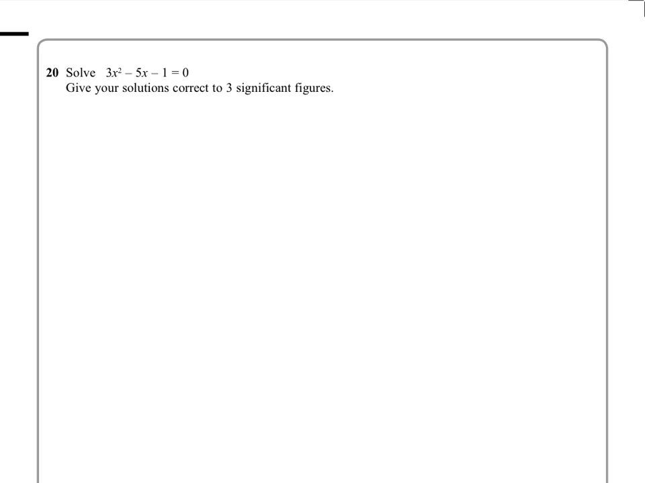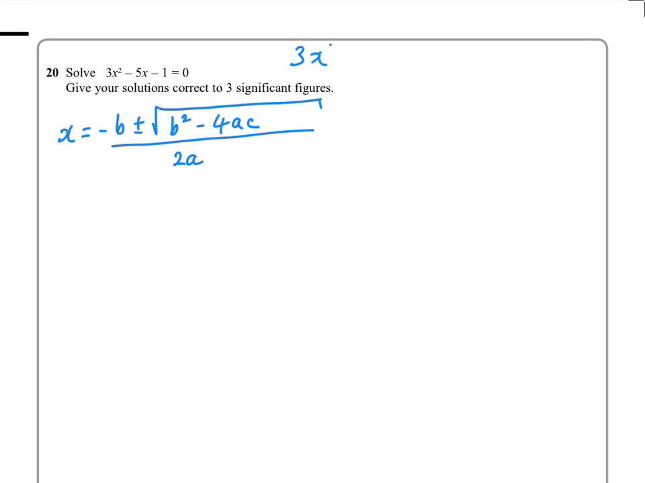So probably the quickest way would be to use the formula that's given, and you get minus b plus or minus the square root of b squared minus 4ac all over 2a, and you can find that on your formula sheet. And if you look at 3x squared minus 5x minus 1, then a would be 3 in this case, b would be, very carefully, negative 5, not 5, and c would be negative 1, and we can just plug